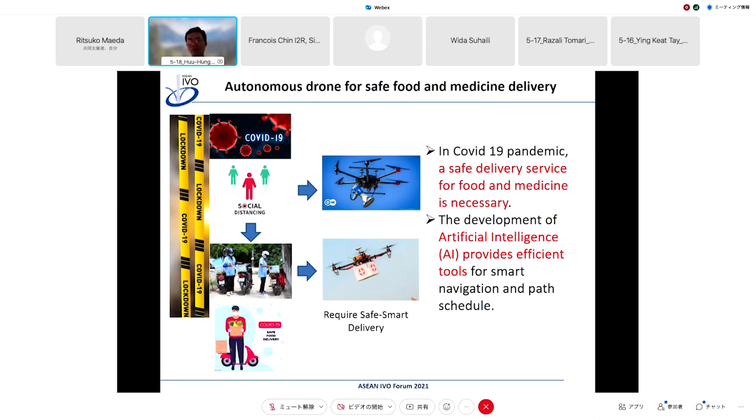So even though there are several systems already developed, we still need to improve autonomous navigation accuracy and optimize the path for each drone. So to develop